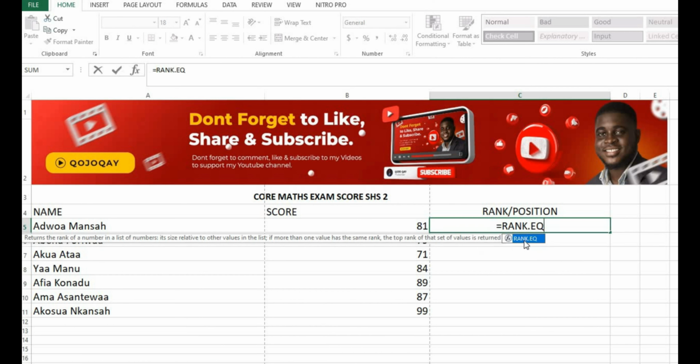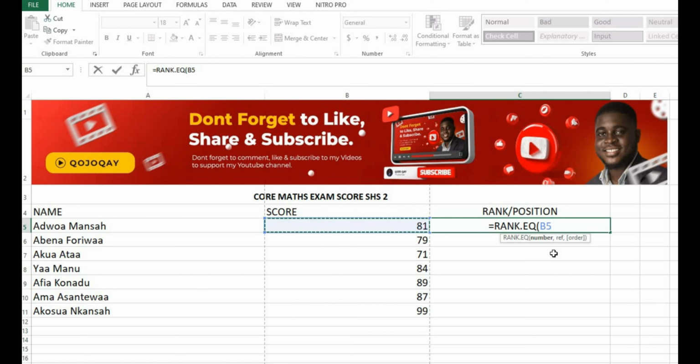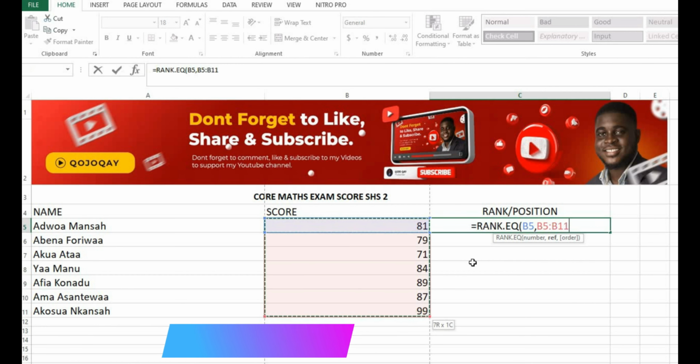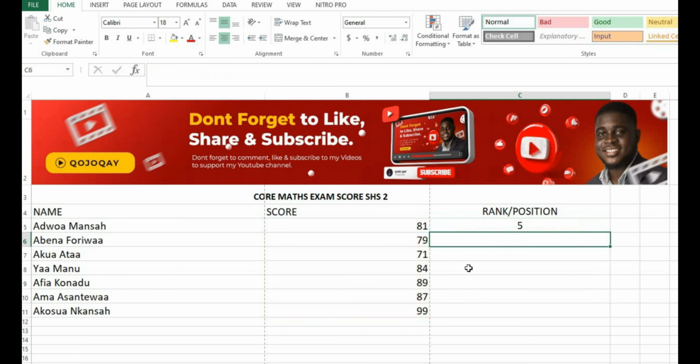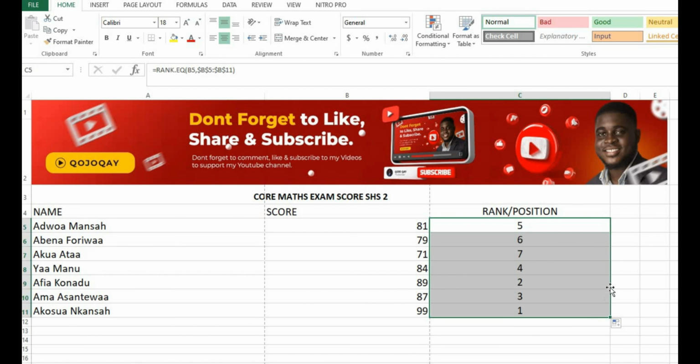Okay, now you want to select the first digit, then you go ahead and put a comma there and you highlight the whole column of digits. Okay, just make sure you are selecting only the numbers. Alright, now you are going to press the F4 key on your keyboard to make it your absolute reference, and there you have it. You drag from the first rank down to the bottom and you can see that your